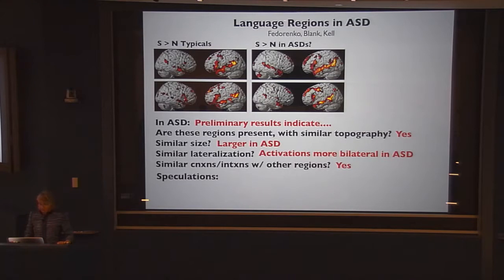Frankly, I don't know what all these differences mean. What does a larger range of activation, a larger region of activation mean? Who the hell knows, right? But there are some precedents for the idea that a larger activation reflects a less efficient neural activity. That's been shown before in motor cortex. And actually, Ev Fedorenko has also seen this.